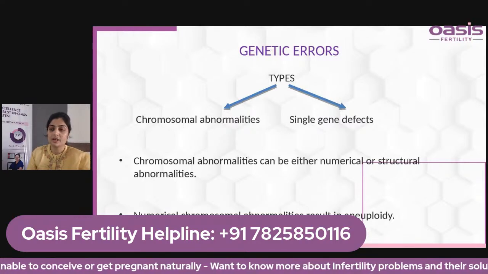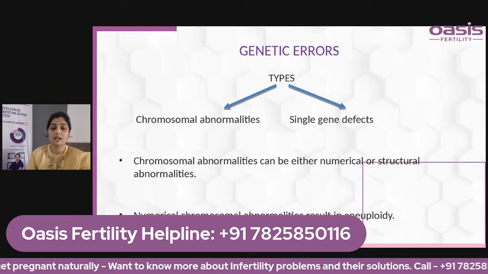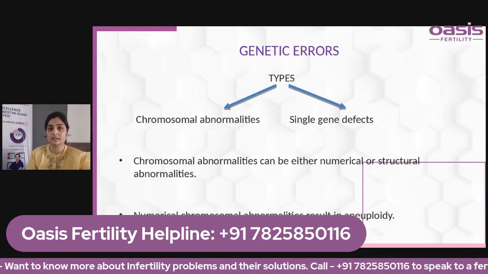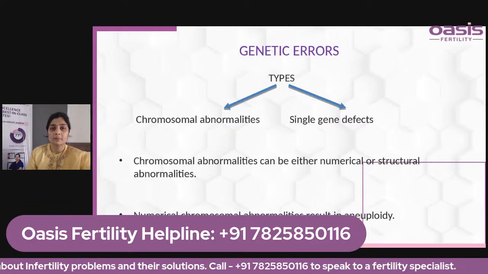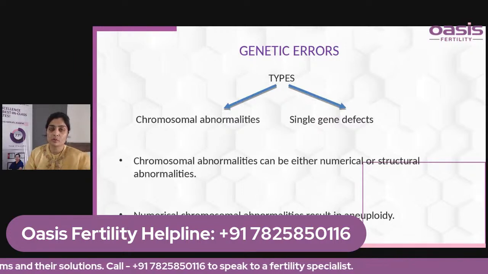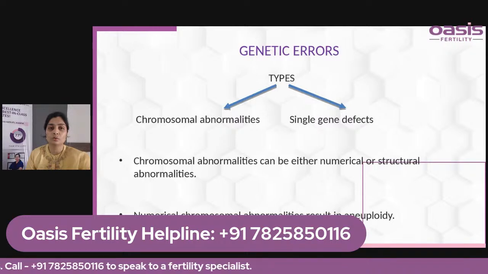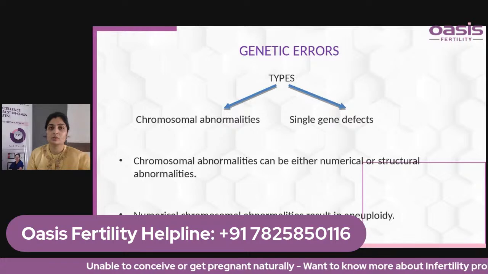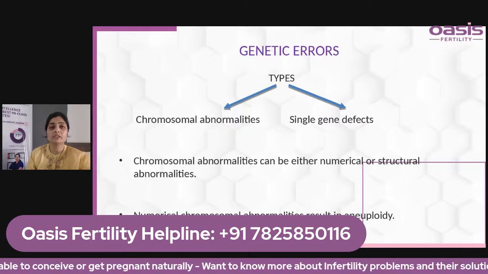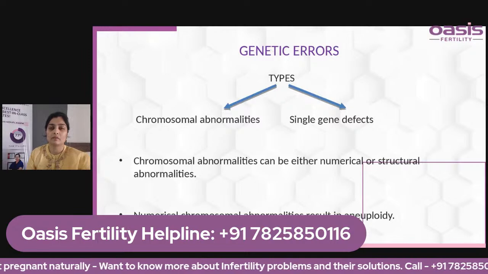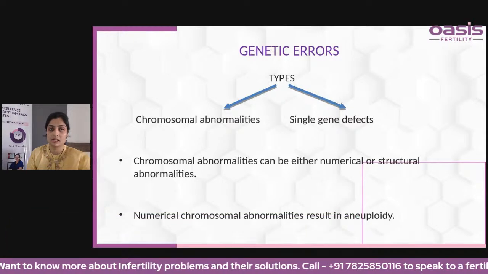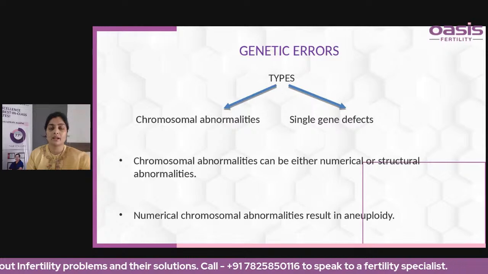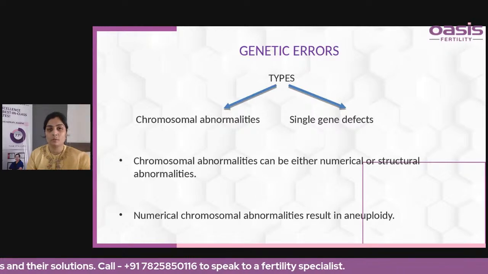So, what are all the genetic errors that can occur, and what genetic errors can be tested in a PGTA? See, PGTA is basically the chromosomal number analysis, and there are two other types, PGTM and PGTSR. For single gene disorders, M is for monogenic, so PGTM can be advised. And when there are structural rearrangements, when the parental chromosomal analysis shows a particular structural rearrangement, then PGTSR can be advised in such couples.